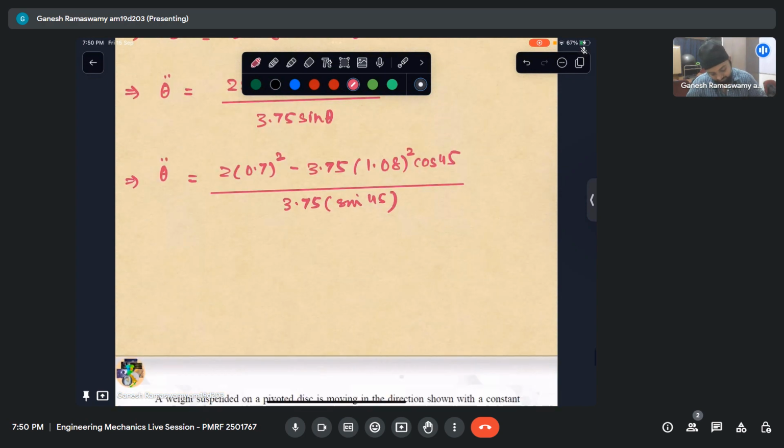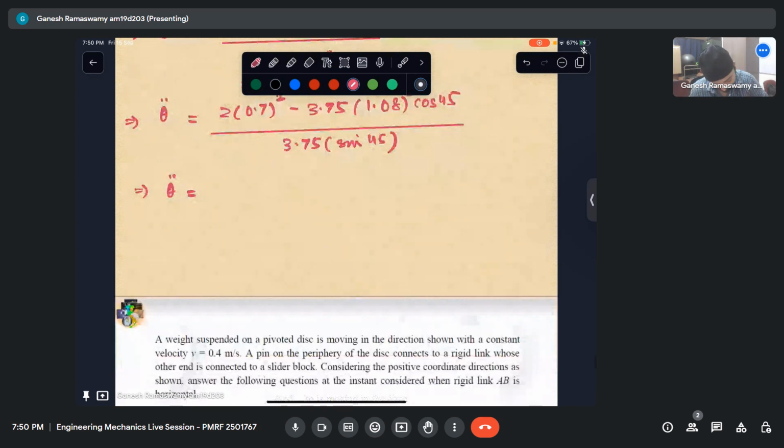Let us calculate that. So this comes out as minus 0.796, which is close to saying that theta double dot is minus 0.8